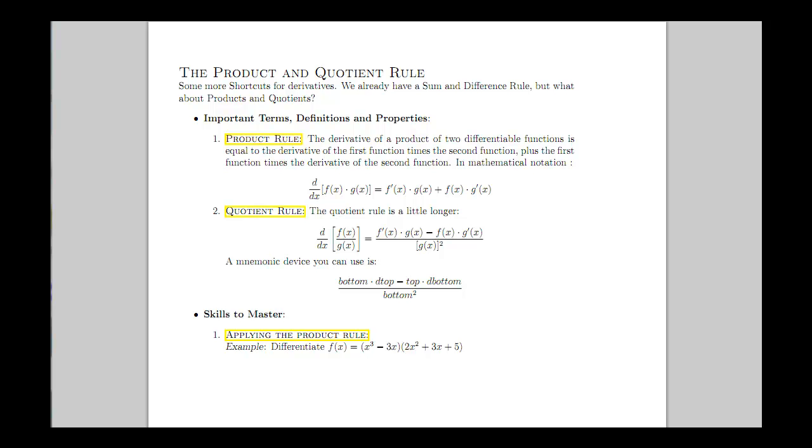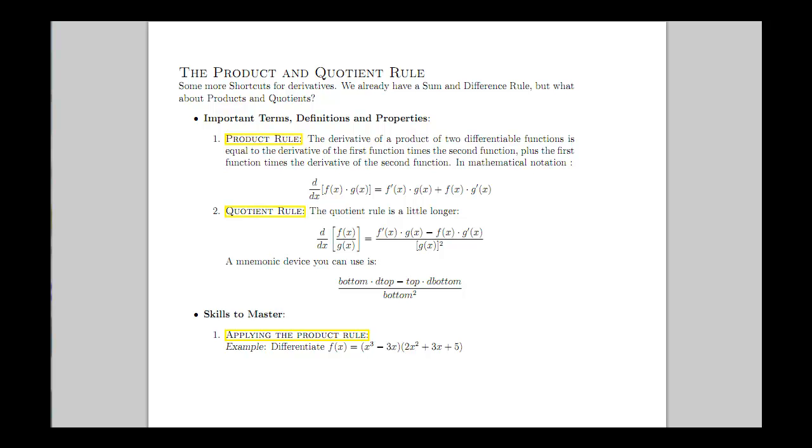Okay? In the quotient rule, it's a little similar but a little bit more complicated, in fact. This time, we've got the top or the numerator function, and our denominator function. So the derivative of a quotient is the derivative of the numerator times the denominator. Now notice again, just one of them gets a derivative, and this time it's minus the numerator function times the derivative of the denominator, and then that's all over the denominator squared.